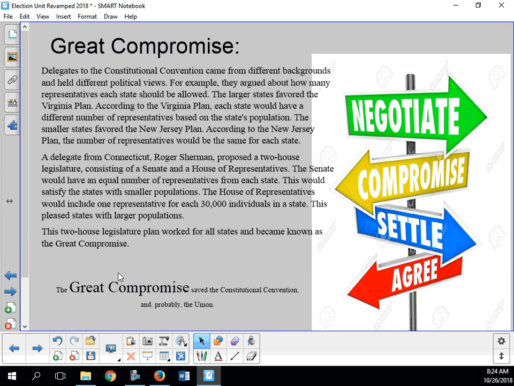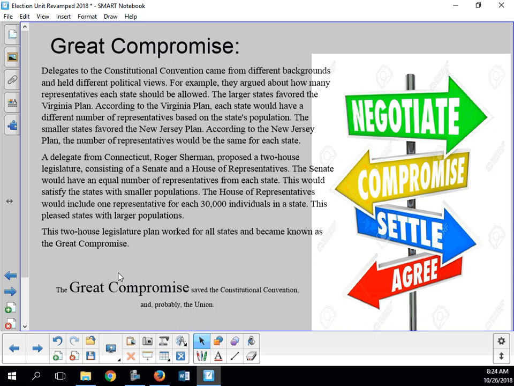And there were different people who put in different plans, and I know, because the last class told me, that you guys know about all these different Virginia plans and New Jersey plans. Guess what? You don't have to remember that for me, okay? But you do need to remember this. They had to come up with an option, and so a guy by the name of Roger Sherman from Connecticut came up with a pretty good, solid plan, and when it was all said and done, they all felt like it worked.